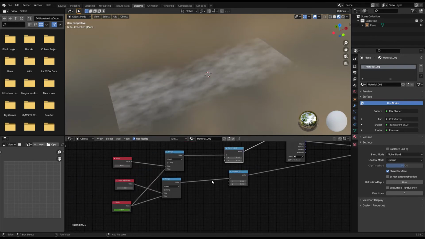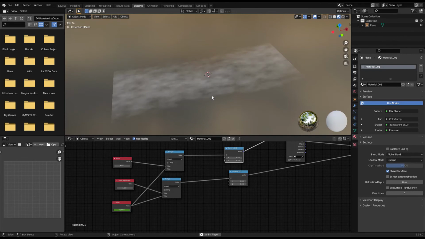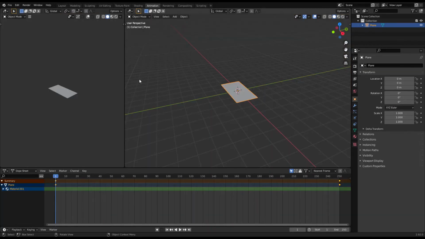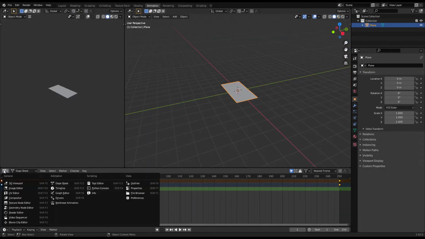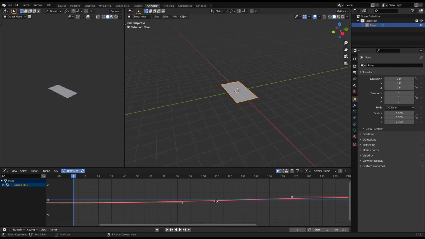Okay, so now you may notice that it's starting slow and then speeding up and then slowing down. And that's actually, for most things in Blender, something that you want, but not for this. So what we can do is have our plane selected and our driver node selected. We can go into the tab called Animation. Then we go into the graph editor. So now I'm just going to press normalize. So now we can see that we have our